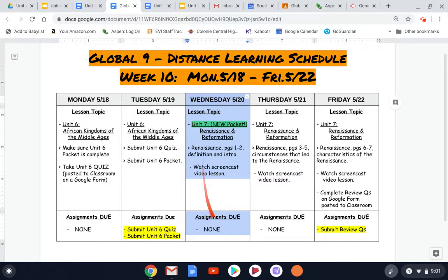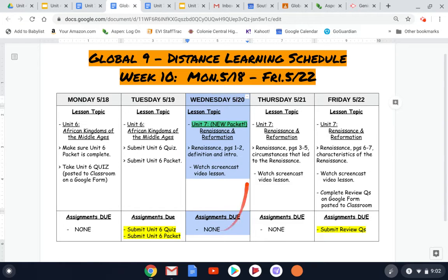Before we talk about anything on today's tasks, I just want to give you a reminder that the last couple days, Monday and Tuesday, there were 2 assignments that you needed to complete and turn in. If you are still a little bit behind and you have not turned in the Unit 6 quiz and Unit 6 packet yet, it's not a big deal that it's late. I just want to remind you that you need to turn it in as soon as possible so that you don't dig yourself into a hole of things being behind and late. So try to catch up on that as soon as you can if you still need to complete those.